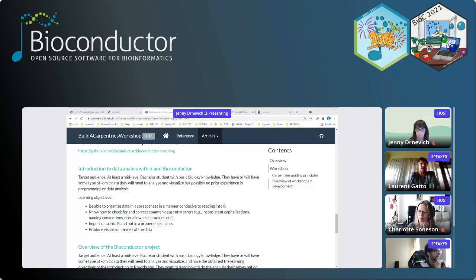So the biggest change would be to replace the surveys data. That is really helpful. It's a really great data set to teach, but it doesn't really apply to the Bioconductor type of analysis or type of data that we have. And so Jenny has identified another data set that we can take as a replacement to that ecological data set, and then rewrite, update that lesson to fit the kind of data sets that we're